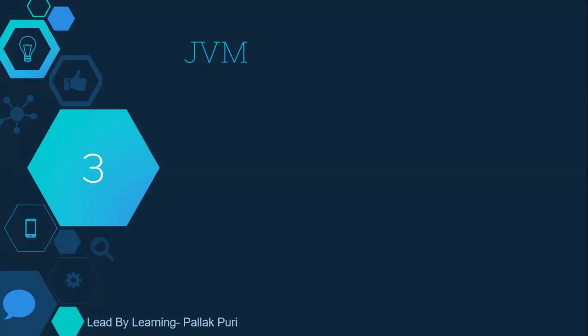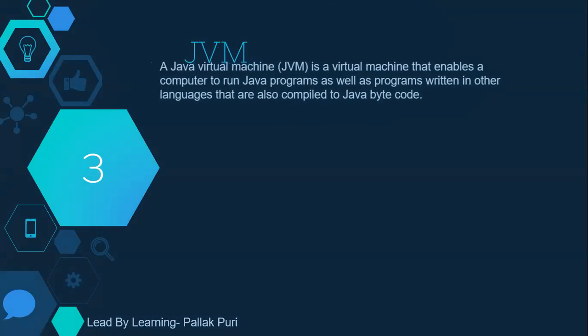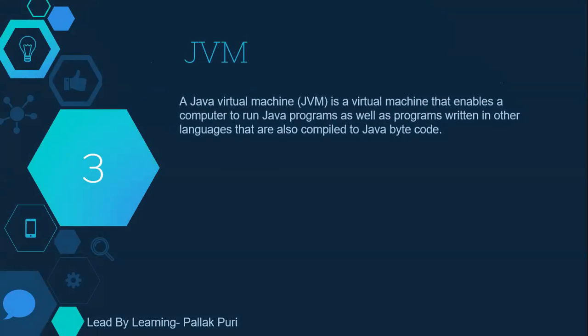Next we have JVM, which is Java Virtual Machine. Now, as we know, JRE is an environment. So it provides only an environment. In JRE, who is responsible to run our program? Then the answer is JVM is responsible. JVM means Java Virtual Machine. So in JRE, there is another component which is responsible to run the Java program. So JVM is that component.